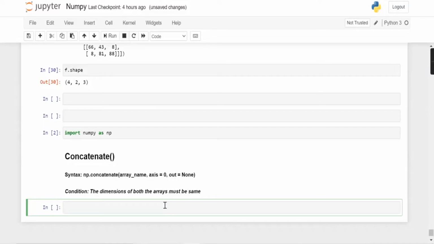Today in this video we are going to look at a few more array manipulation built-in functions in NumPy. So first we are going to start with concatenate. With the help of the concatenate function we can merge two arrays with each other, and the syntax of concatenate is np.concatenate, and it takes three parameters: the array name, axis and out. There is a condition that we must follow in concatenate, that is both the arrays we are going to concatenate must